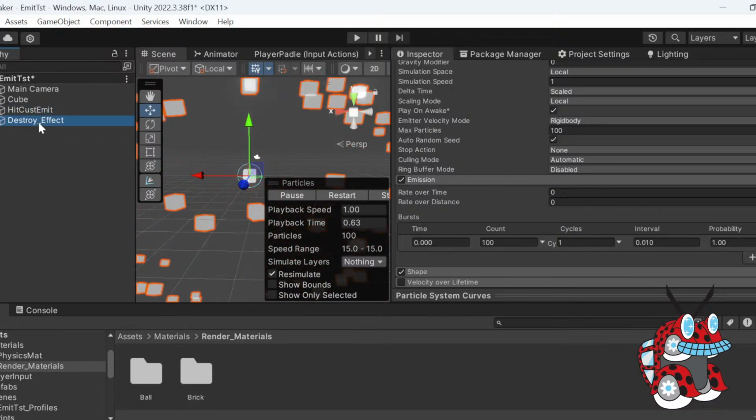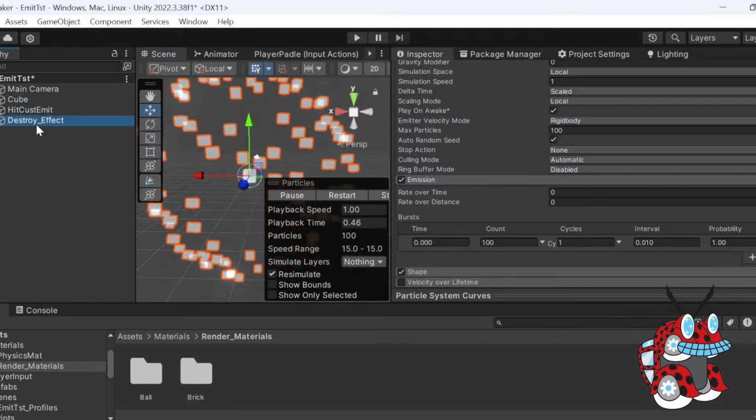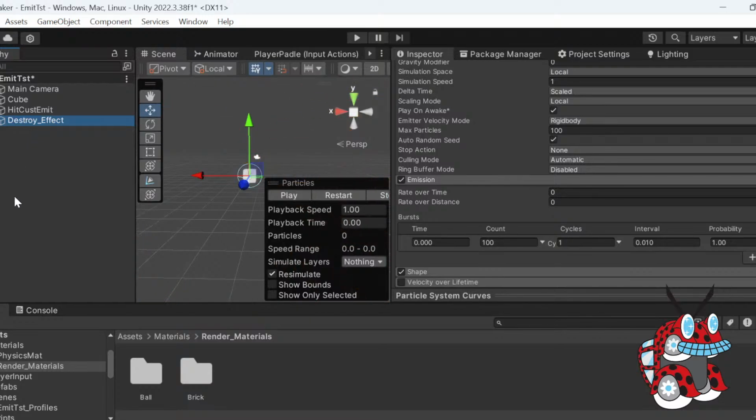So there's 50 objects, there's 100, supposedly. It does look like a lot more, but it doesn't feel like a lot more. Anyways,